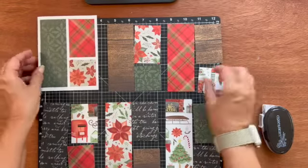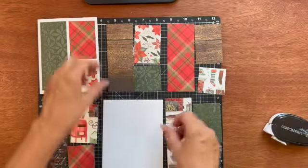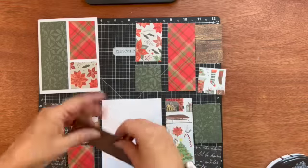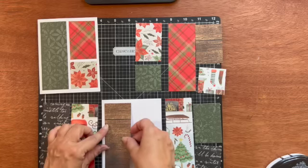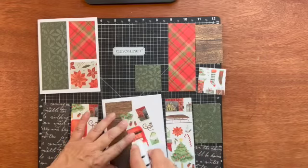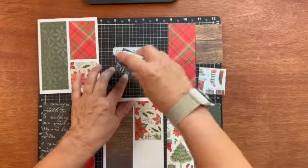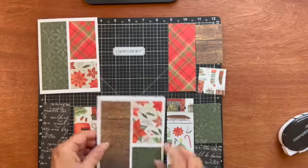I'm going to pull these back in so you can see. Okay, I'm just taping it closed just for demo purposes. You wouldn't need to tape it closed in your card making. I'm just doing it so it's a little bit easier for you to see. Okay, attaching that left side. And I'm trying to get an even amount of white space all around. Adding the medium-sized piece. And then the smallest piece. And then making sure that you have that smallest piece going the correct direction. Okay, we've got 2